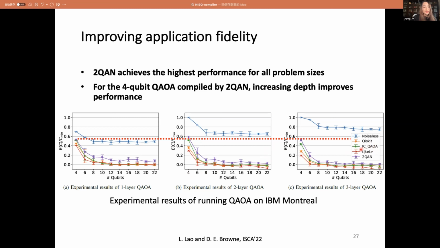Our Toucan compiler achieves the highest performance for all the problem sizes.